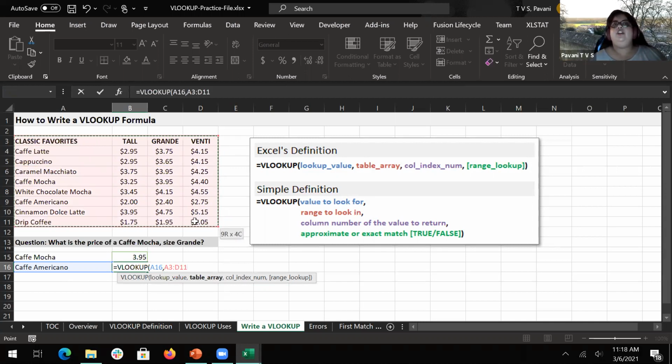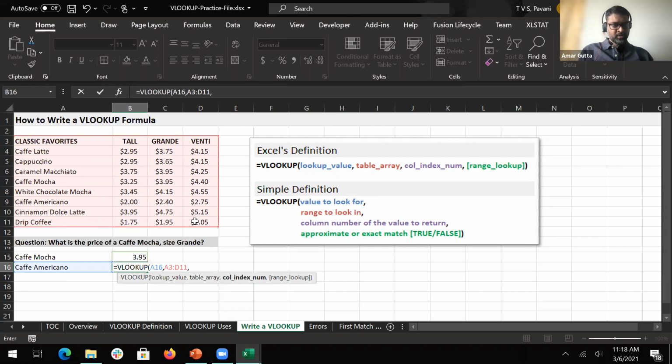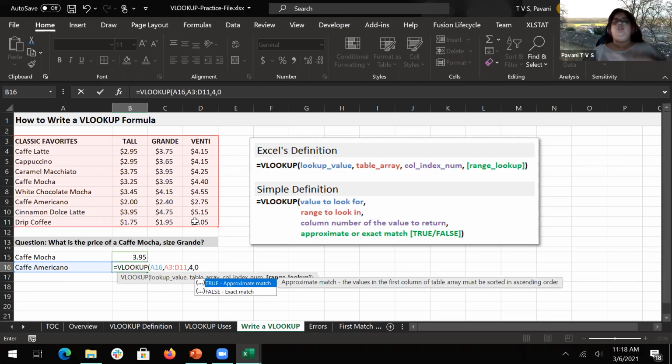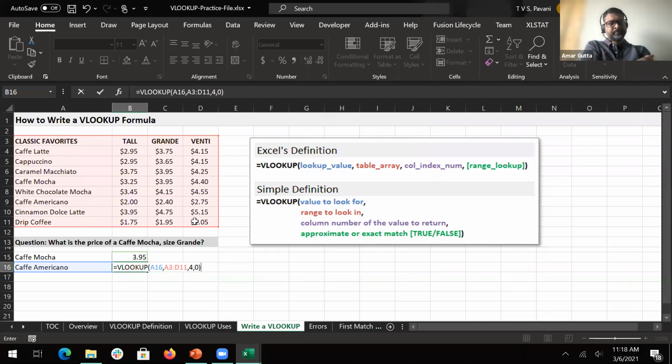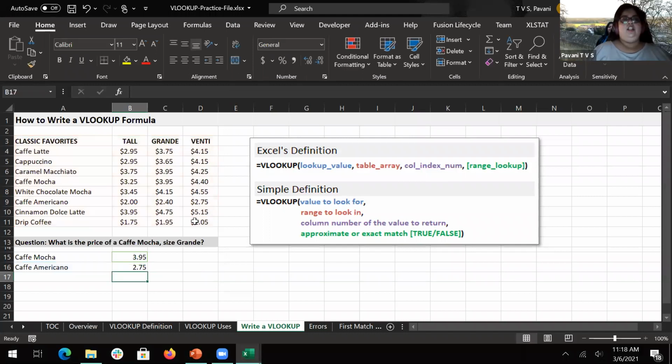So from where to where you're selecting. Yes. Next, then 1, 2, 3, 4. And this is 0, that is the match type. And now let's see what we are going to get. Is it correct? So your answer is 2.75. So it is Cafe Americano Venti 2.75.